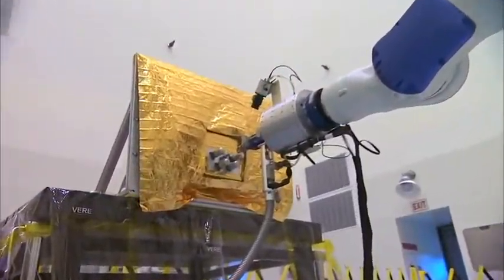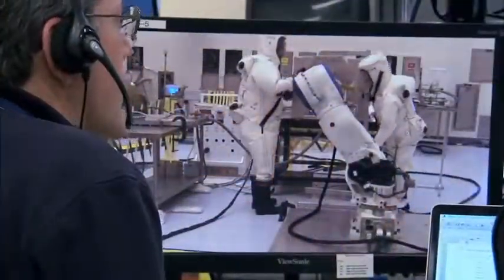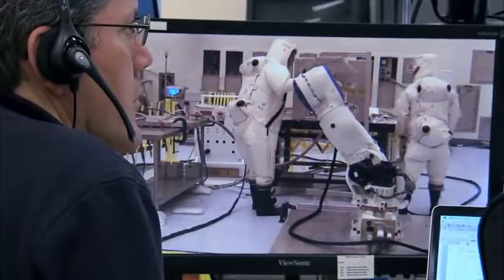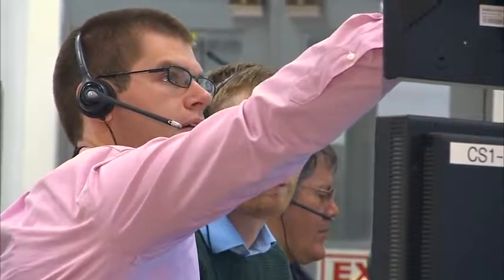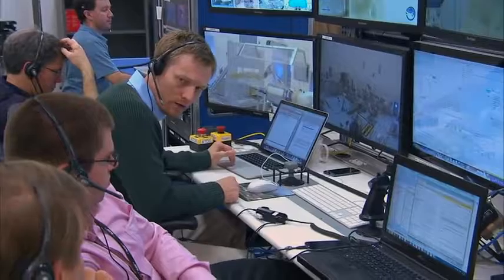So on the day of the test, I used the tool on the robot to attach to a satellite fill drain valve, where we then transferred fluid through the tool and into the satellite valve, simulating a refueling task. So as a tool designer, during the test, we need to make sure the tool's operating as we expect. So we sit right next to the robot operators. As they're driving the robot, we're looking at video, we're looking at telemetry, making sure that the tool's behaving as